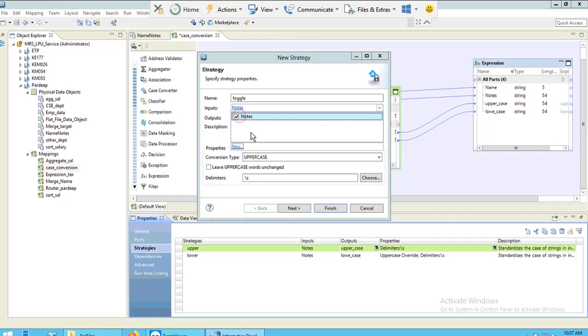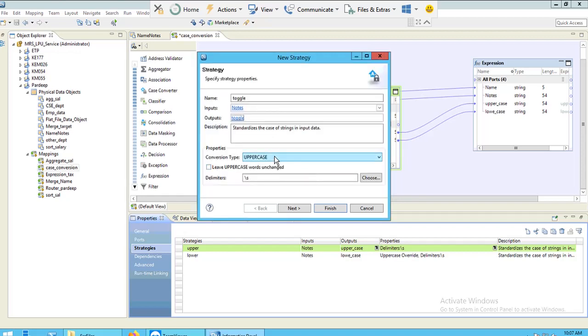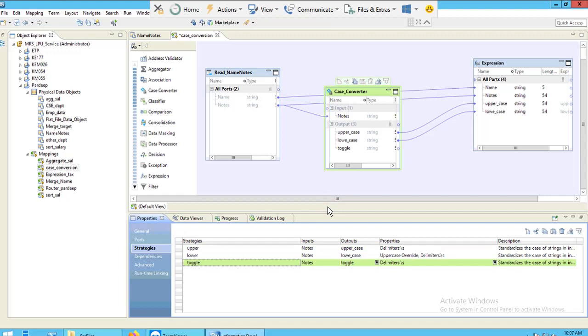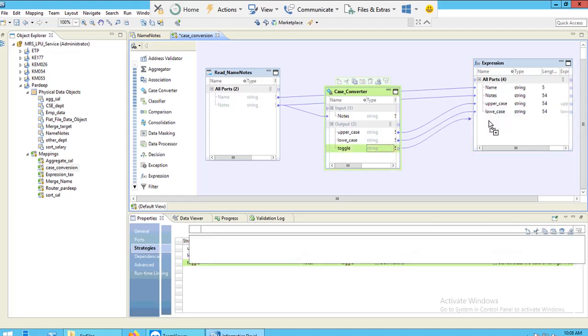Input will be notes, output will be toggle, and my conversion type here will be toggle, and delimiter will be space. Finish. Now you can connect this with the expression transformation to see your results.